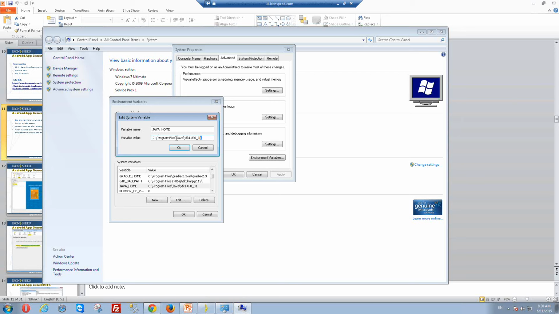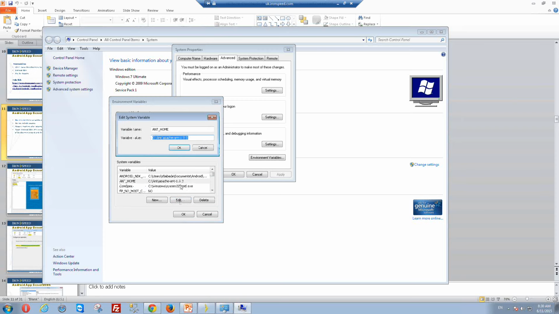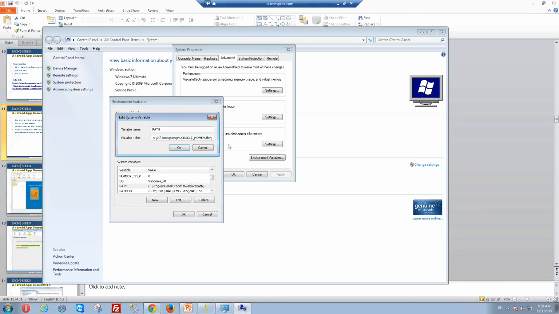Pay close attention that I haven't included the bin directory in here. So you're just going to specify the directory where the JDK is installed. Similarly, we're going to add the ANT_HOME environment variable, where you're going to specify where your Ant is installed. And then finally, we come back to the path